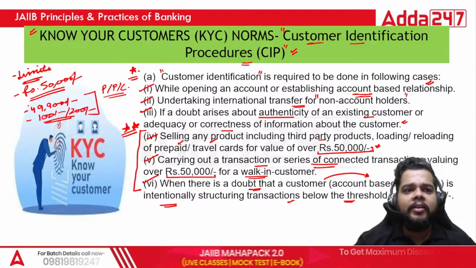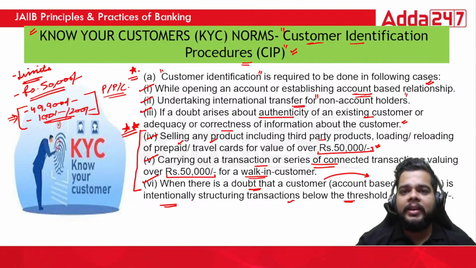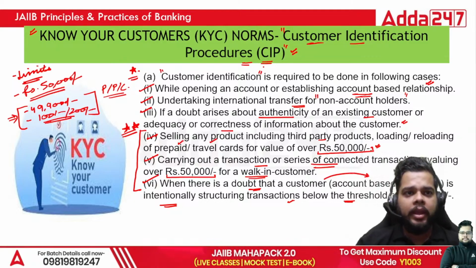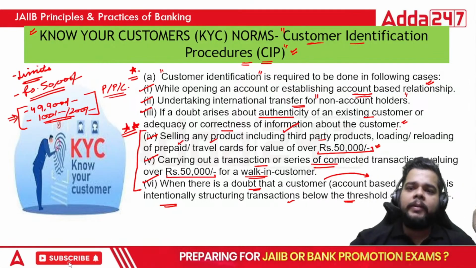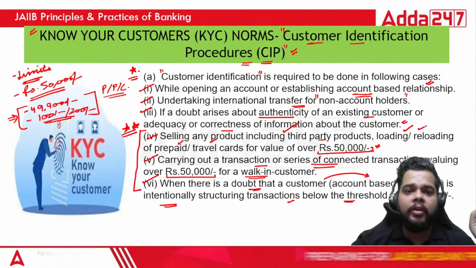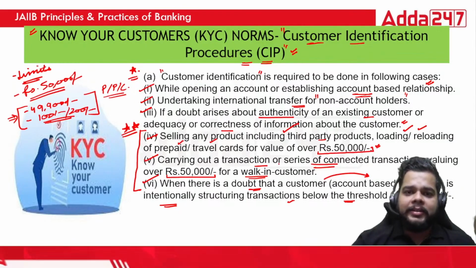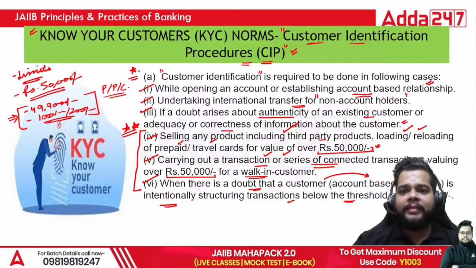So if such kind of activities are also happening in your branch, then you must be very vigilant in that case also, and follow the CIP, that is customer identification procedure. Okay, so I hope you will keep this 50,000 limit in mind whenever it is about third party products, or for the loading or reloading of prepaid or travel cards, or a particular customer has just walked in and the transaction or series of transactions is beyond rupees 50,000,